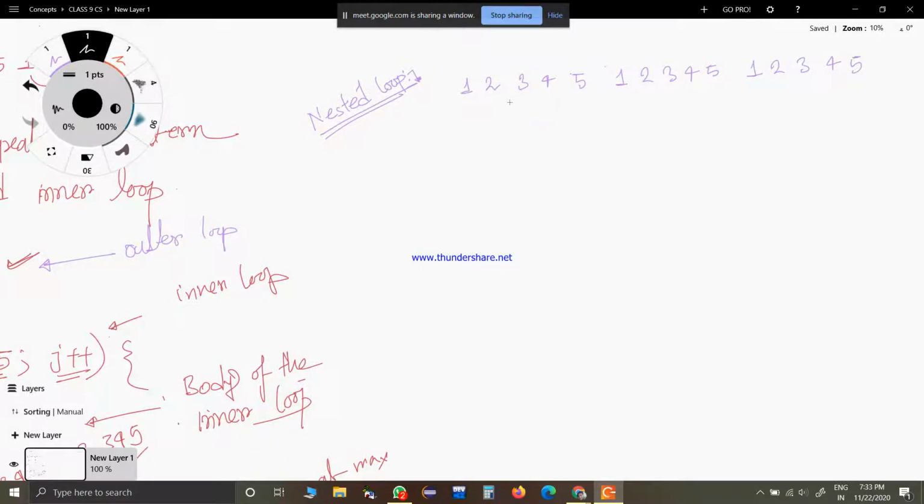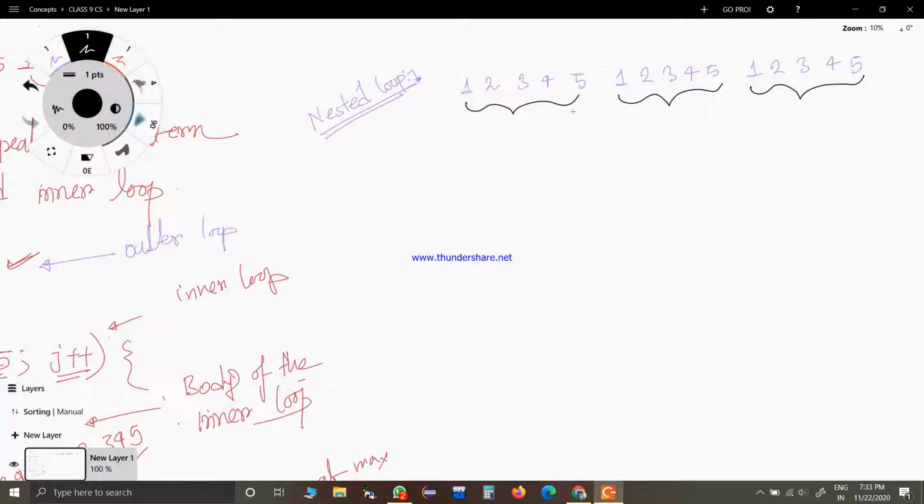तो सबसे पहले जो करना होगा कि तुम डिटेक्ट करना होगा what will be our outer loop and what will be our inner loop. So in this particular program, you can see the pattern here. This is the pattern. So there are 5 numbers 1 2 3 4 5, which is repeated 3 times. So the outer loop counts the number of times the pattern is repeated.